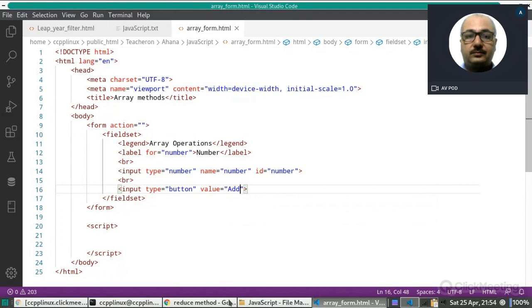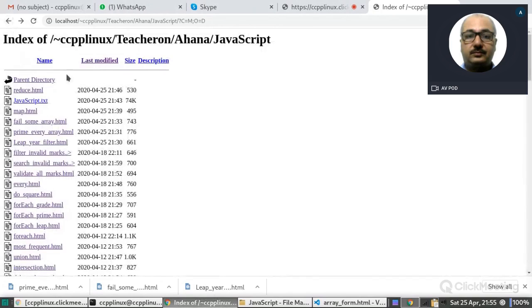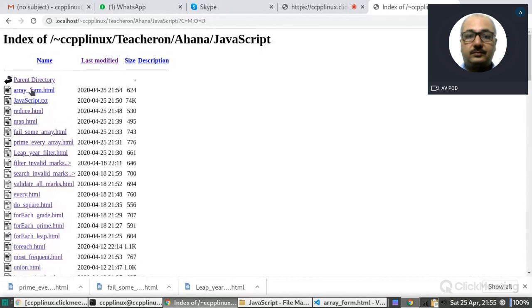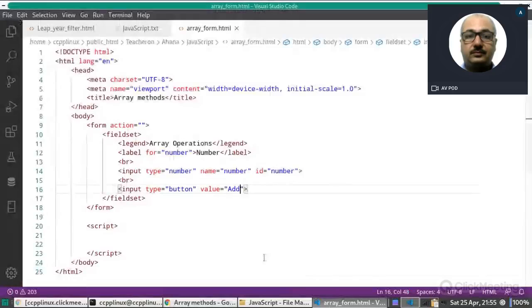So at this moment how will it look? This is a number and then this add button is there. Now what we want to do is, suppose someone writes some number here and then clicks on this add button, then that number should be displayed here and it will keep growing.